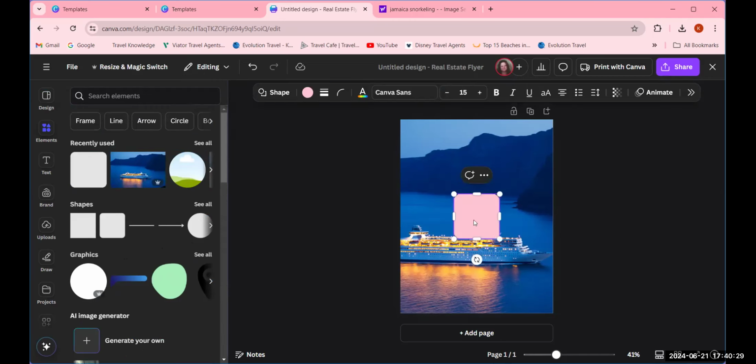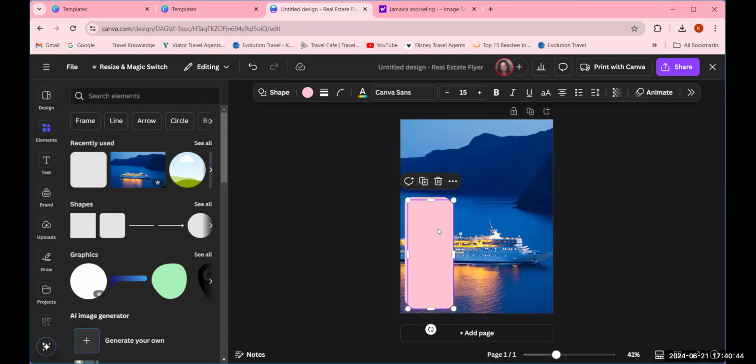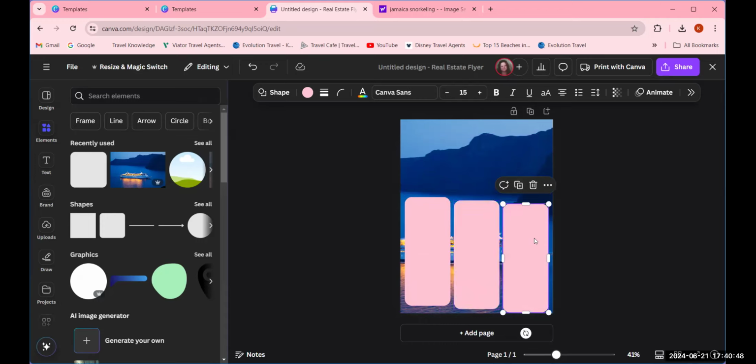Where I can put some type of text in there, right? So as you can see, I can create my own boxes, right? And so I could create three exact same size. And here's what I'm going to do here. So I'm going to make three. And so instead of me messing around and dragging and trying to make it